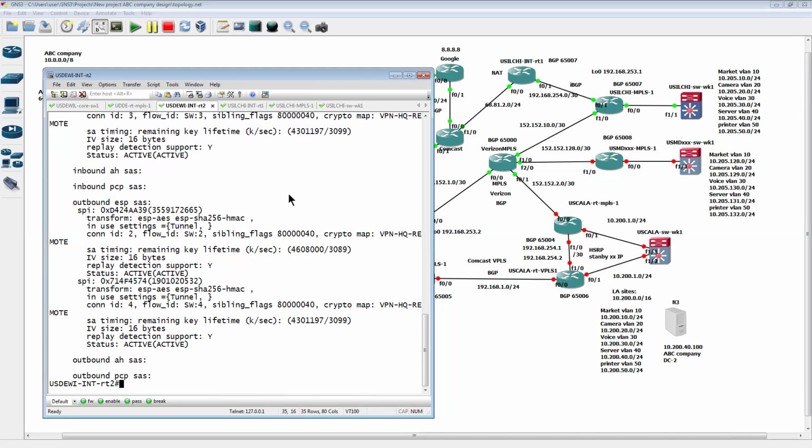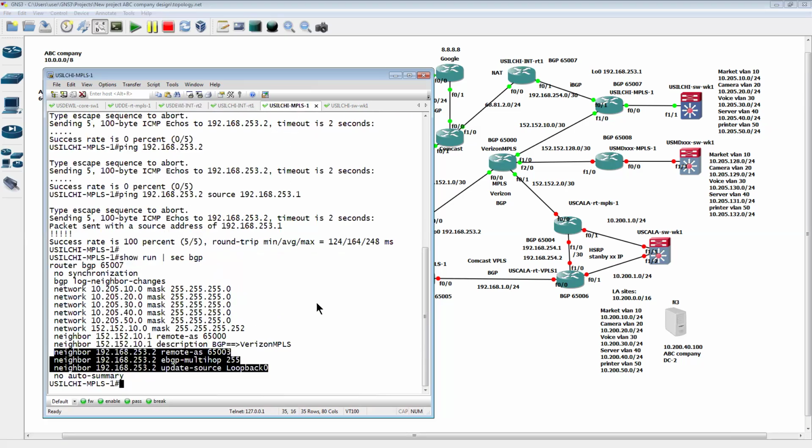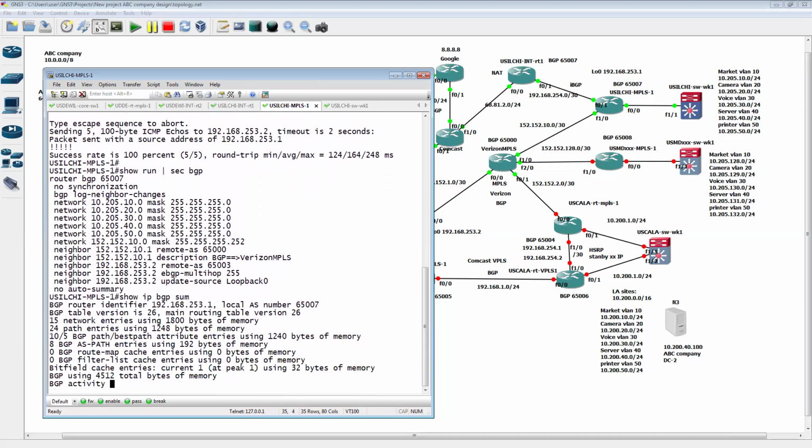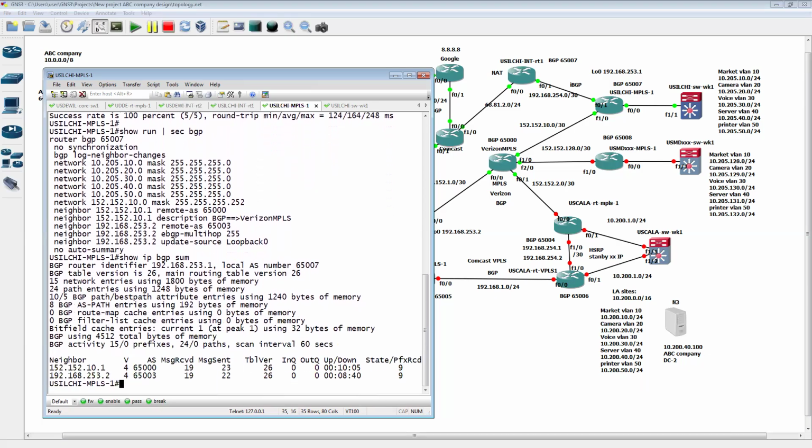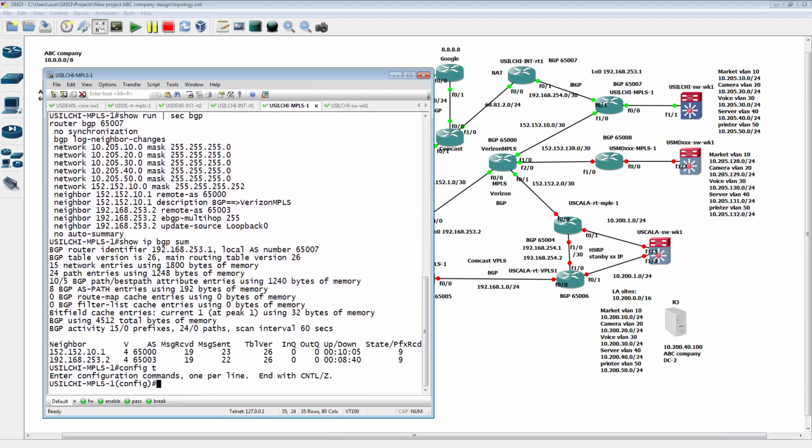Now let's do like this. Maybe this is good for you as a demo. Since we're here on the MPLS router, first thing, I want to delete this one first, to remove it. Right now if we do show IP BGP summary, we still have the loopback neighbor from last time, you see? We have it up in here. So this is a good demo to show you how we remove